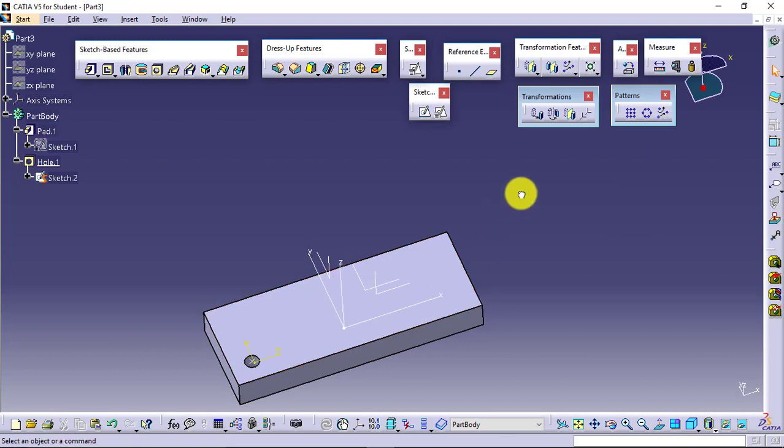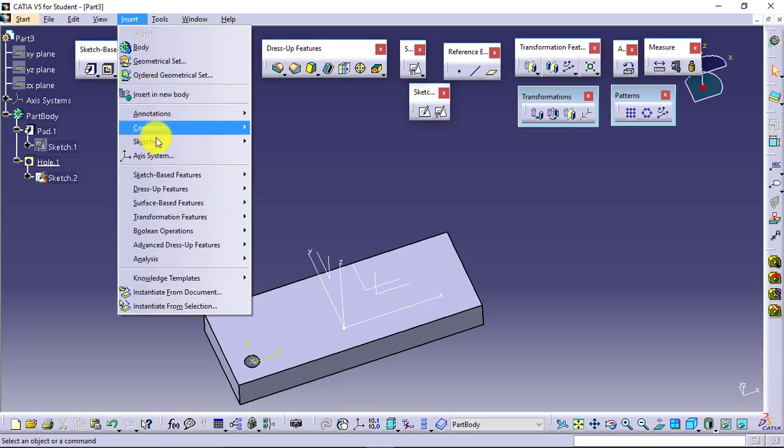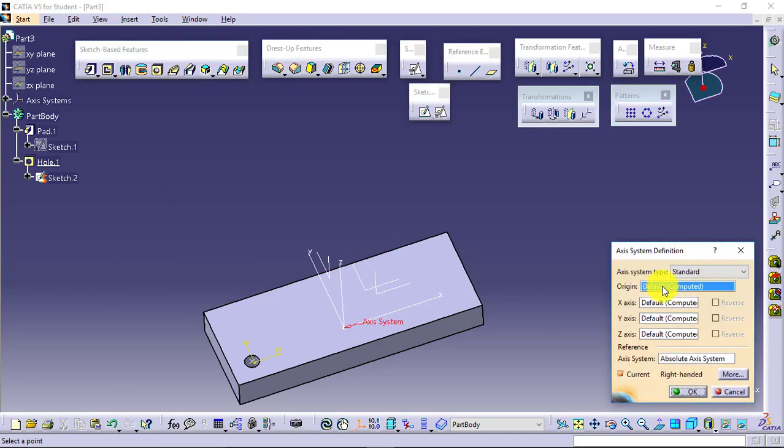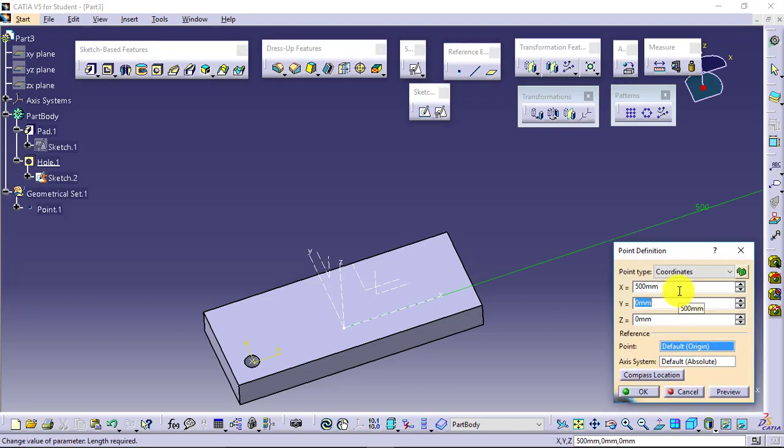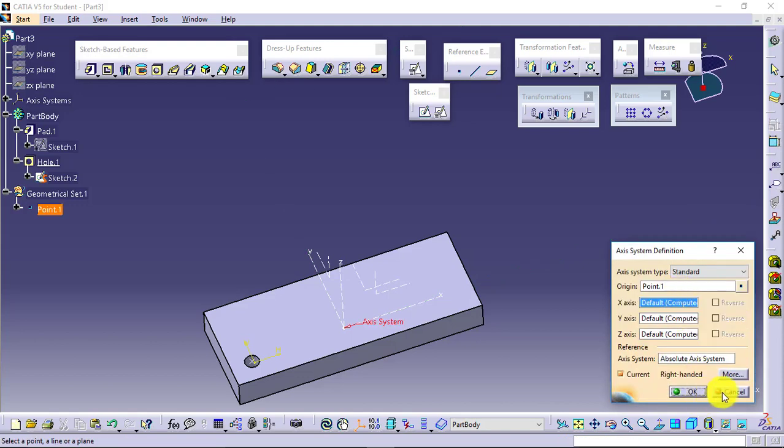Next we have axis to axis transformation. This is your axis to axis tool for transformation. Say we have one axis system available at 0, 0, 0. I will define one more axis system. So insert axis system, and as an origin I cannot select 0, 0, 0, so I will define some other point. Right click, create a point at a location of say 500, 200, 100, somewhere here.